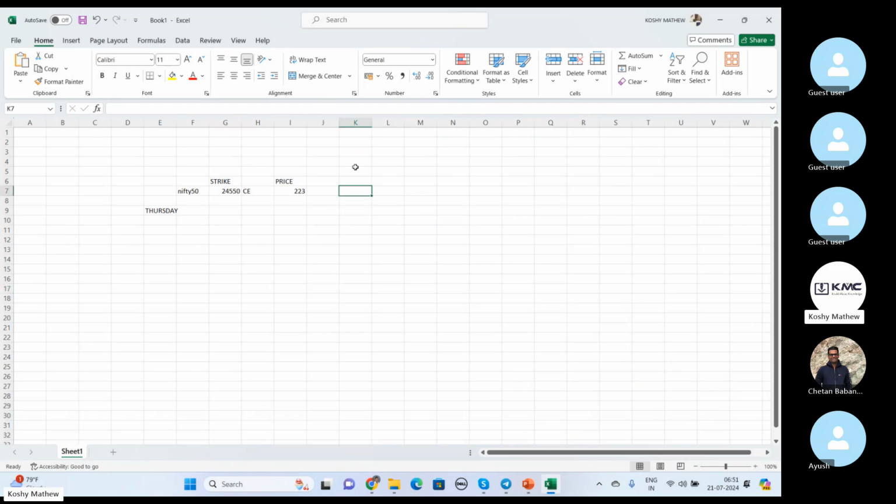That means what I'm expecting is that Thursday is the expiry. Remember, this Thursday is expiry. That means Nifty should cross 24,550 plus 223. Just to break even, Nifty should touch 24,773 by Thursday. By Thursday, if Nifty doesn't touch 24,773, all the premium I paid becomes